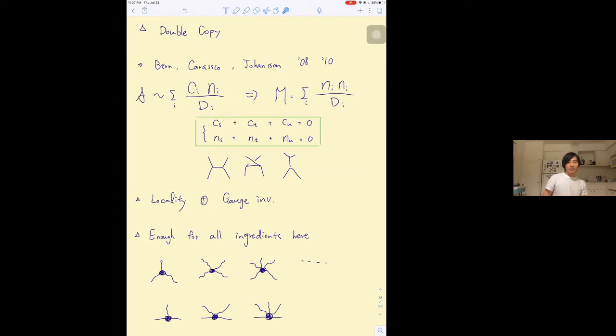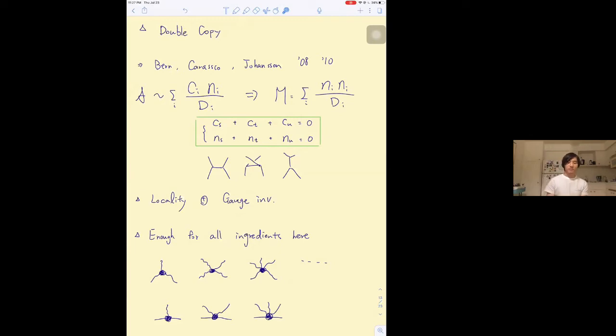In the case of Yang-Mills, we have color factors and kinematic factors. Crucially, the color factors satisfy the Jacobi relation, which relates different diagrams and realizes the